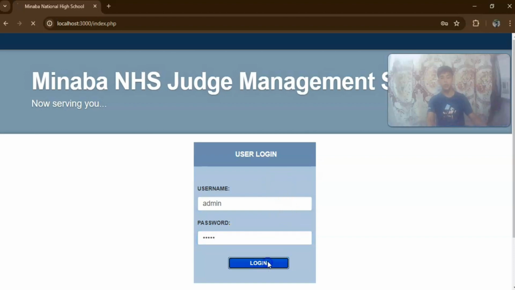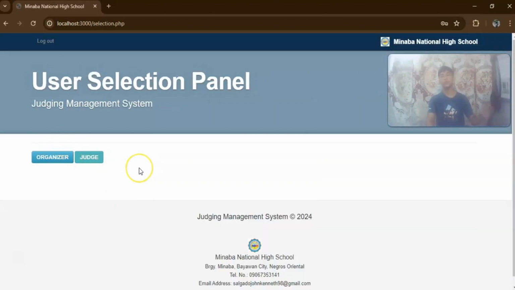Each computer will have an account of one organizer only, since the system runs on one organizer only. If we create another organizer, then that organizer's account will be plugged into the PC of the judges.